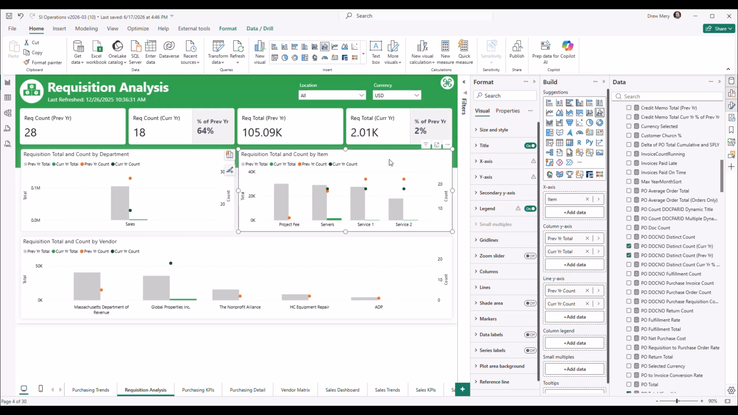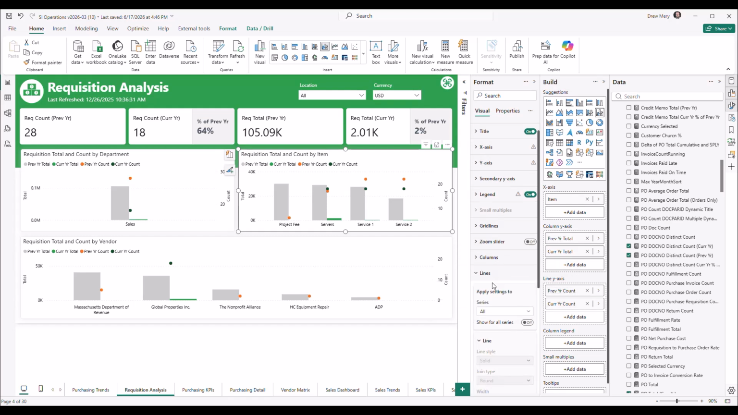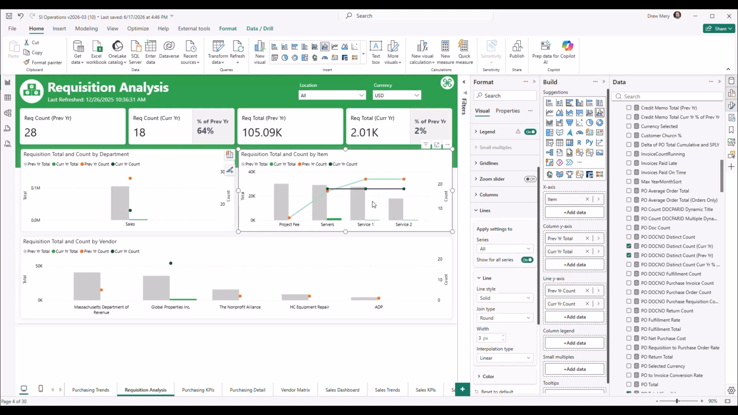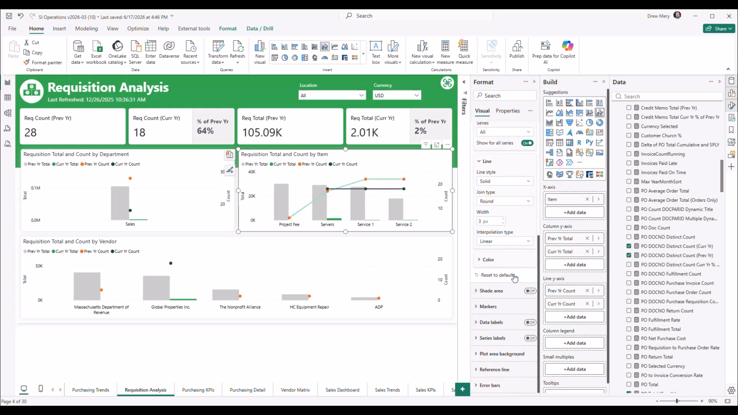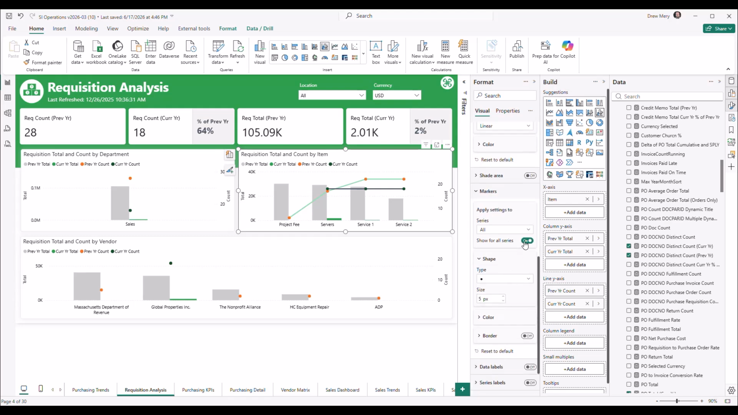So all you have to do when you create this visual, when you add your data for your columns and then your lines, so here, these are the counts. Let's go and turn the lines on. If we go into lines here, we can turn those on. So this is what it would look like. Actually, if we go to markers and turn those off, this is initially what it would look like once we